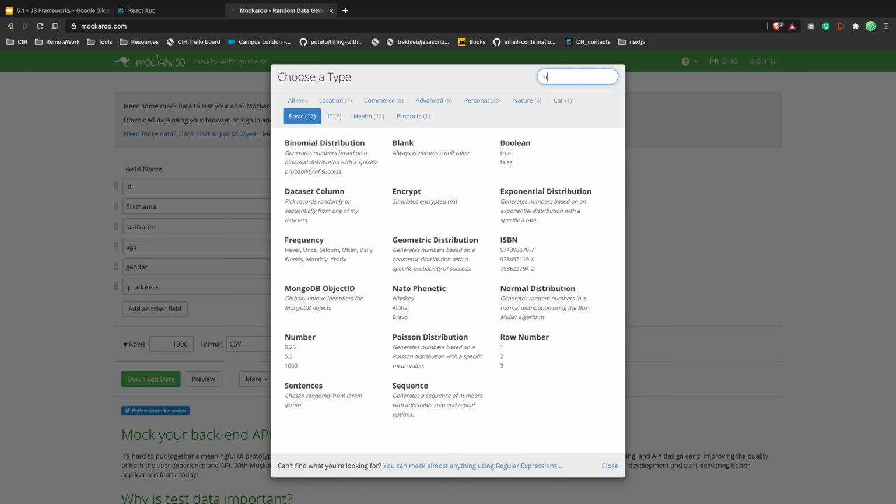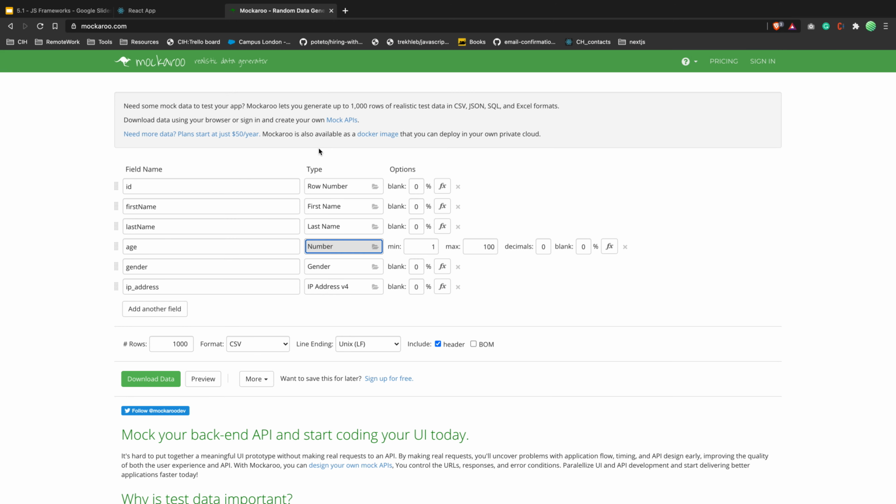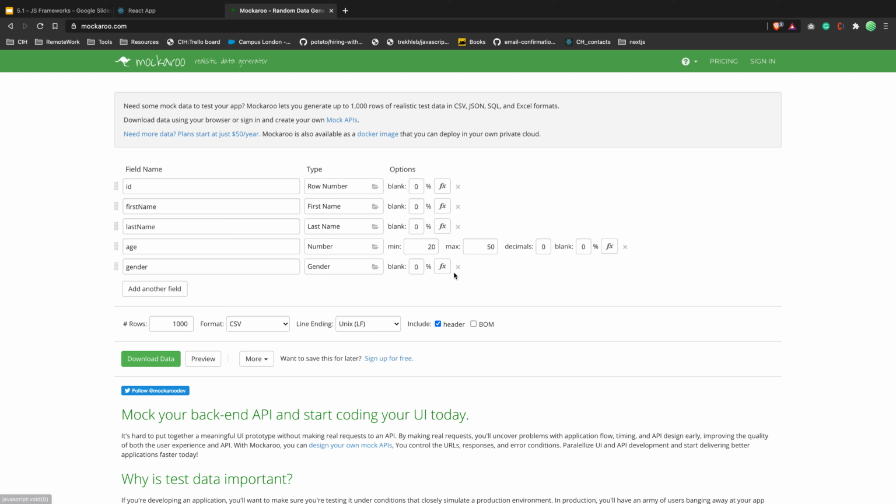Number, just number, min 20 to 50. Maybe we want to have gender. We want to have, I don't know, 20 users.